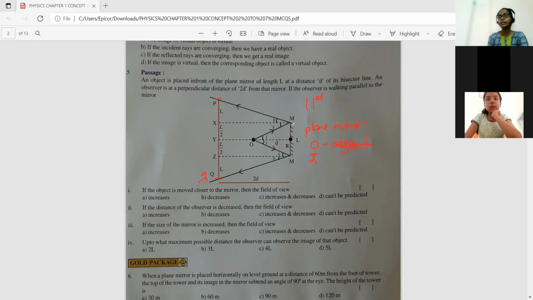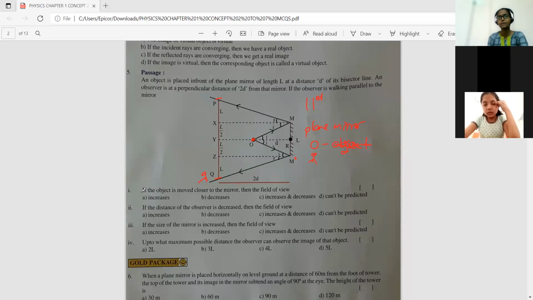So what is given here? The mirror is given, M and M prime. And here OD is a distance. Where is the O? This is the O, the object we kept here. From the object, incident rays fall on the mirror and reflect back like this. And the length given, P to Q, is the length over which the person is able to see his image inside the mirror.